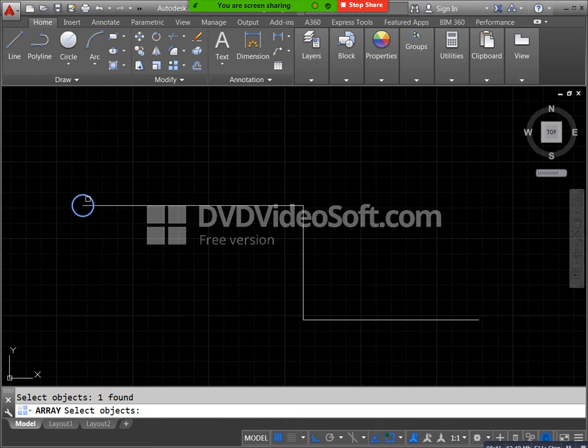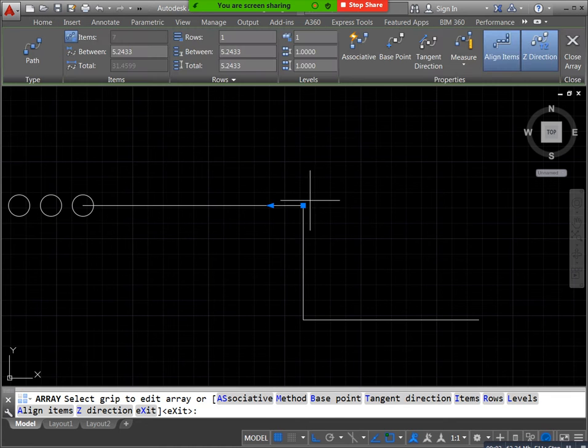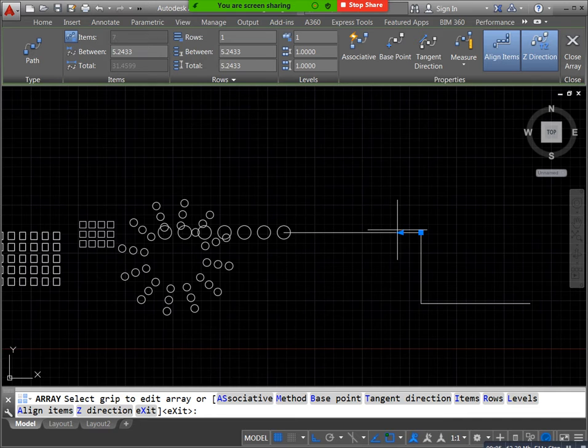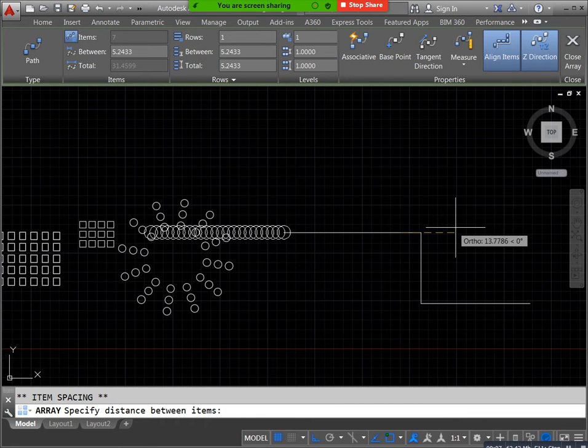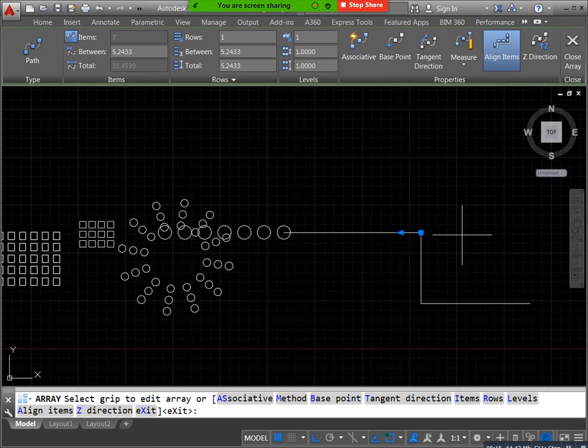But I need path now. Already we completed polar and rectangular. Next you can select path array. Just select this path. We need the complete polyline. Here we have single entities. Single entity condition only will get up to here. Taking right side. If you need to change this one, not this side. Otherwise you can apply -4.